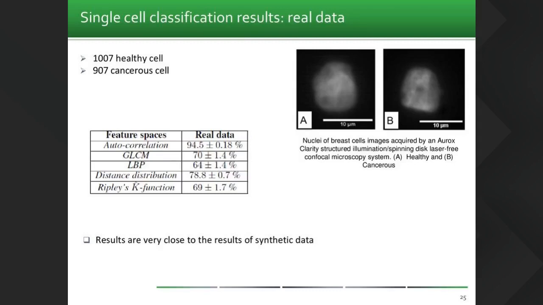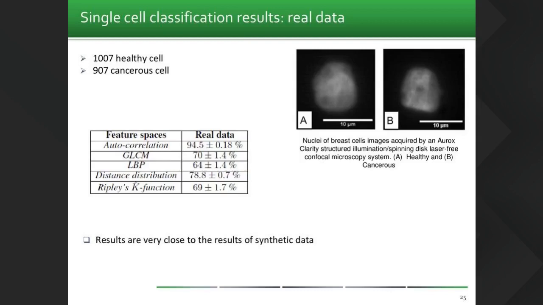I will come back now to show the results applied to real data sets. The machine learning algorithm was applied to a data set of Aurox clarity images. We have 1,000 healthy cells and around 1,000 cancerous cells. The resolution of these images is conventional resolution, so it's not super-resolution microscopy, and the result that we have for feature spaces of machine learning is very close to the one that we have in synthetic data, where